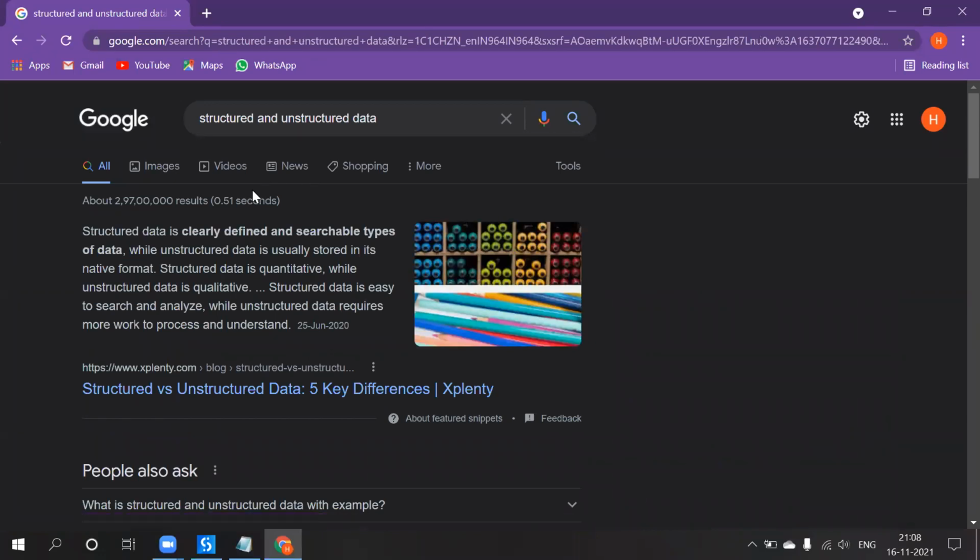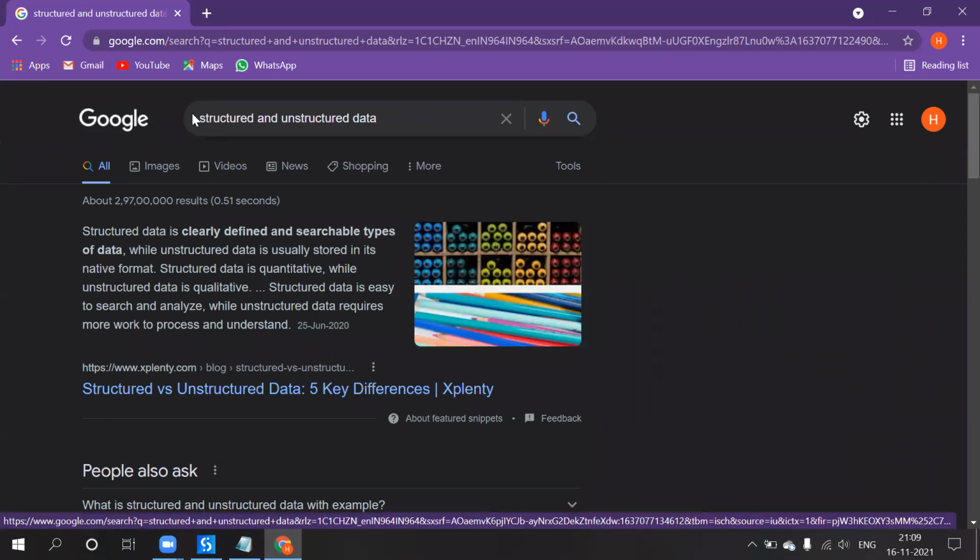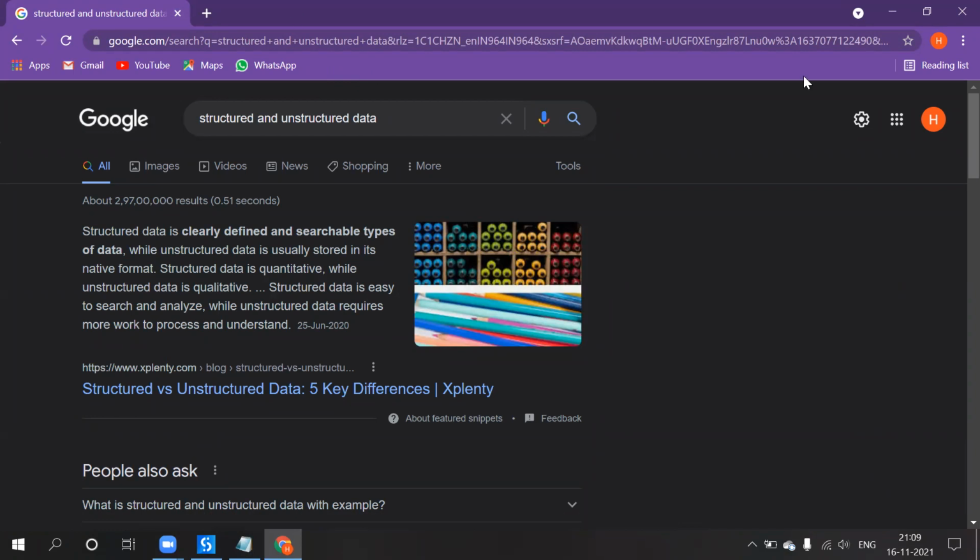It is clearly defined, searchable types of data, stored in its native format. Structured data is quantitative while unstructured data is qualitative. So that is structured data and unstructured text.